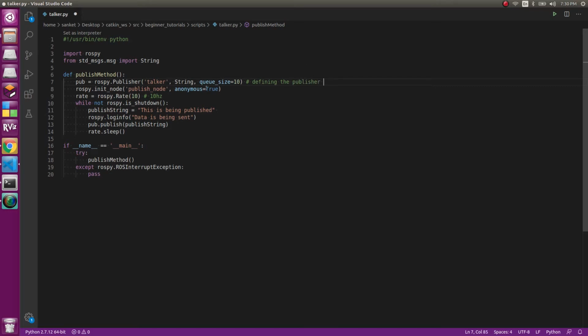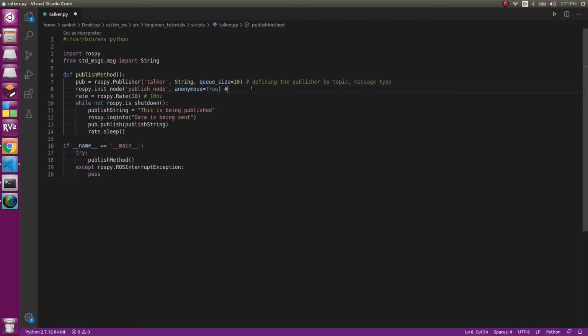The publisher is defined by having a talker. This talker is basically the topic. So you need to have a topic, you need to have the message type. Here we have the message type as String, and the last is the queue size.